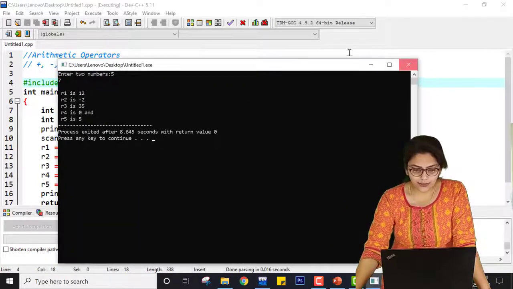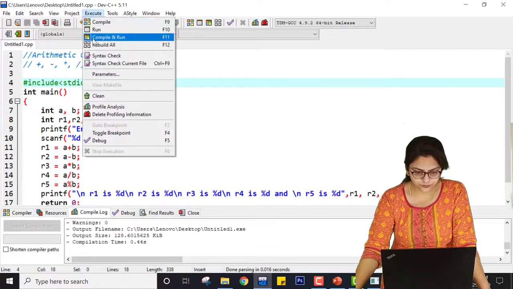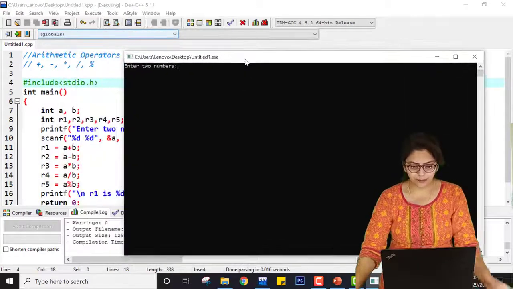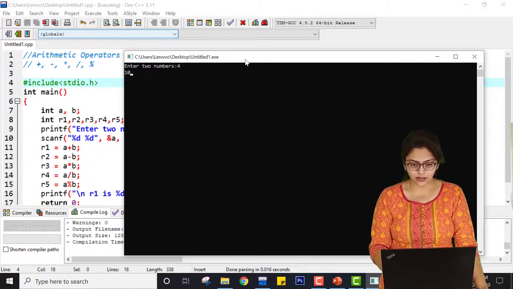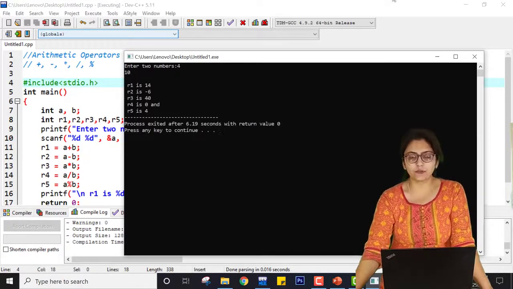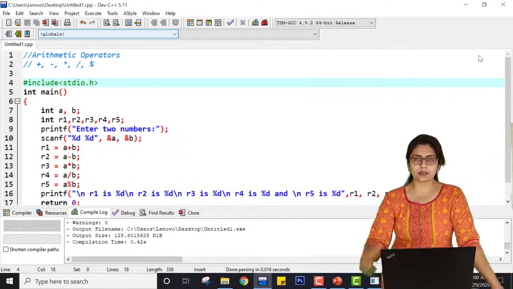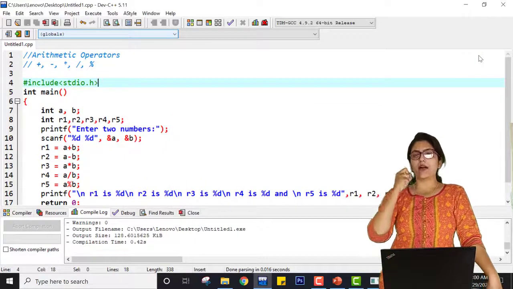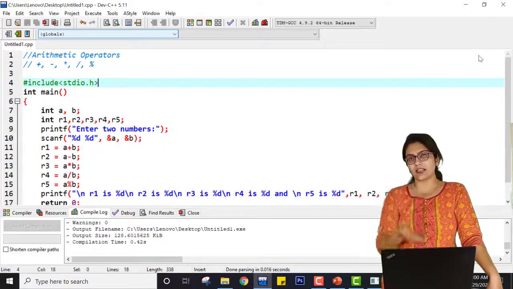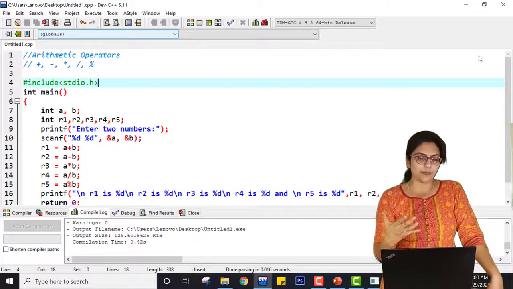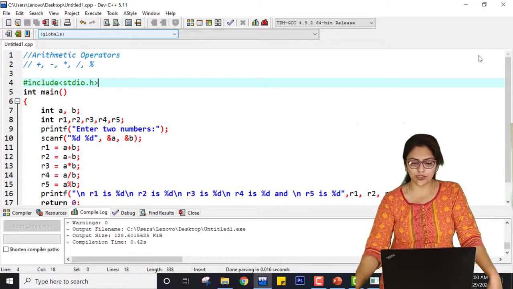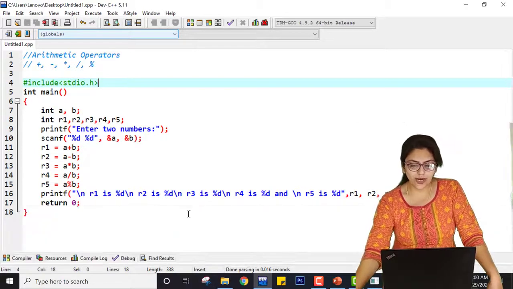Same way, if I am dividing say 4 with 10, the answer will be 4 itself. So if I am dividing a number with a number higher than that number, then the modulo operator will give the same remainder. So you must know the rules of this kind of division.